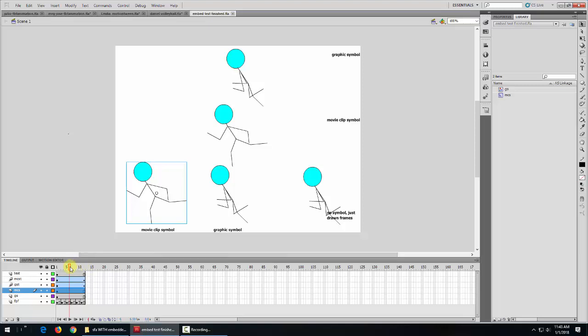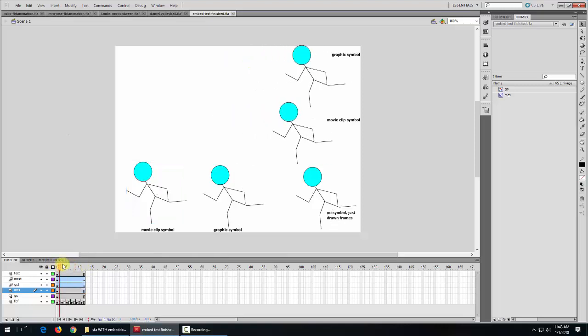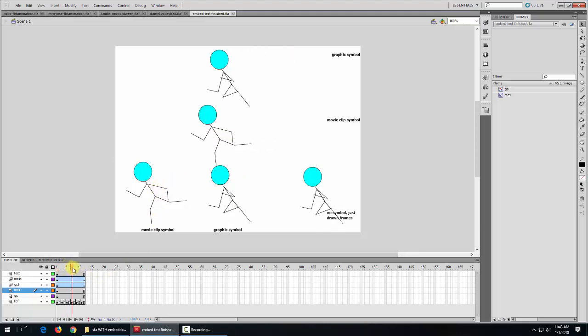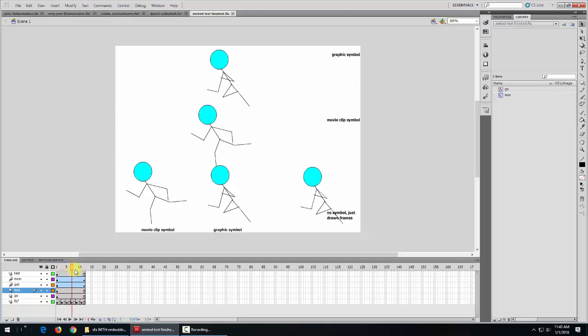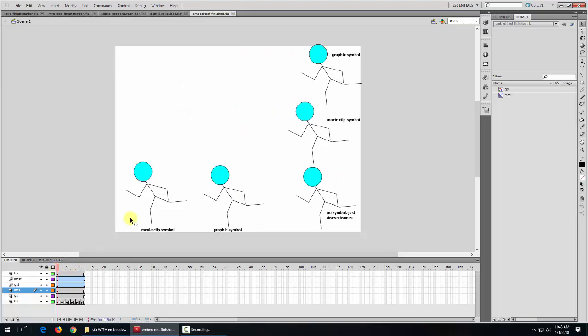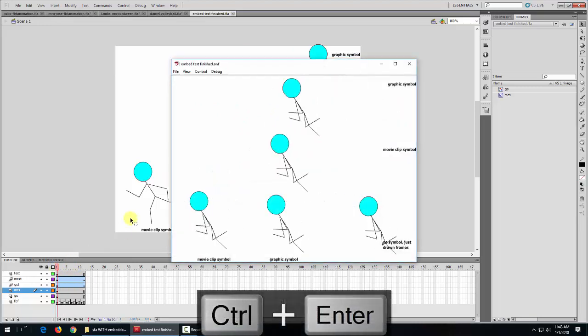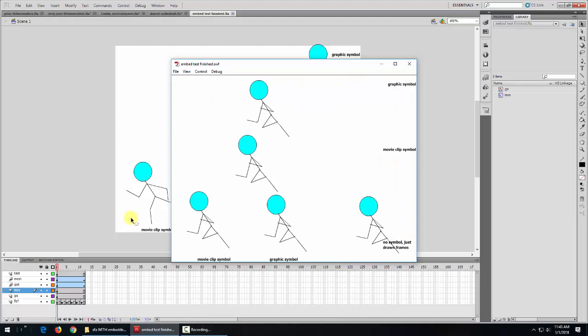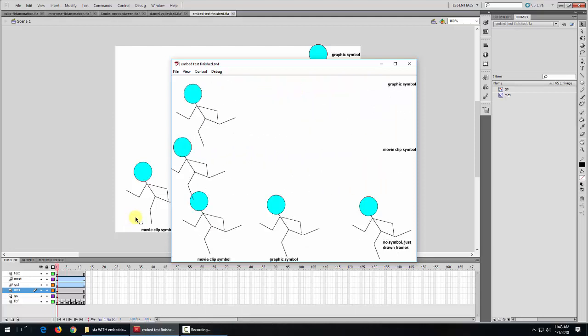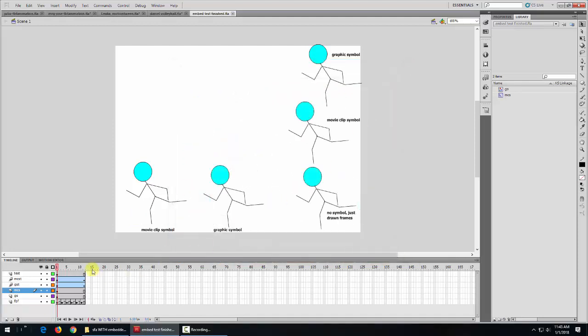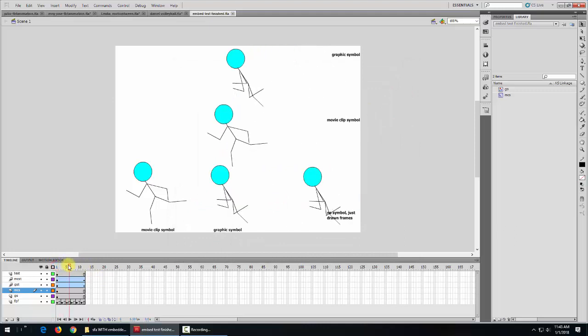Okay? When I drag this across the screen, if you look at the graphic symbols, you'll see the arms and legs move. If you look at the movie clip symbols, you don't see the arms and legs move. So it's almost like it didn't work. However, if I play the animation with Control Enter, you'll see that all the legs and arms are indeed moving. So graphic symbol or movie clip symbol work the same when you embed them as far as in the finished product. However, when you're previewing your animation right here on the timeline, you don't get to see the arms and